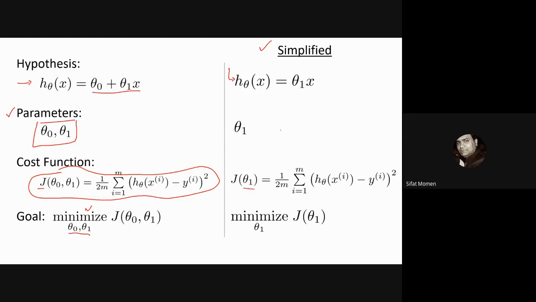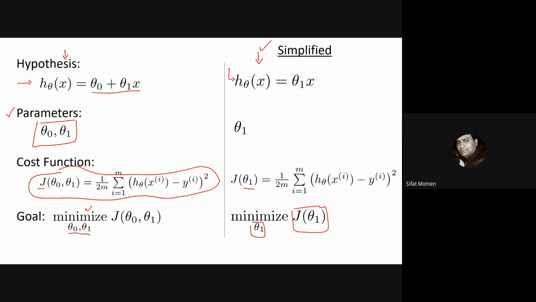And it's given by the same equation, which is 1 by 2m, sigma i equals 1 to m, of (h theta of x i minus y i) whole square. And what is my goal? My goal is to find out the theta 1 for which this J of theta 1 that we have is minimum. Is it right, নাকি না? Yes, sir. It was actual, but I'm giving a simplified version just to show you, now উদ্দেশ্যটা হচ্ছে just to show you what we are saying is indeed correct, okay? So that you yourself are